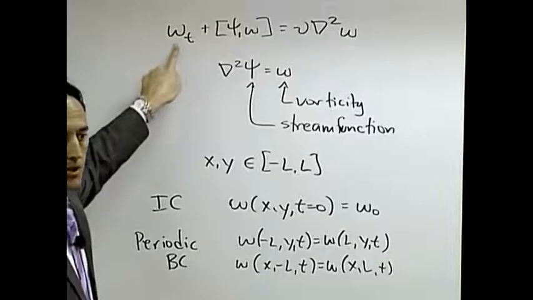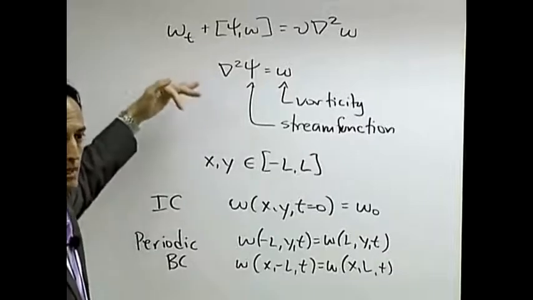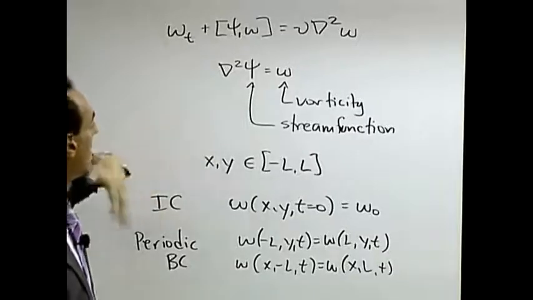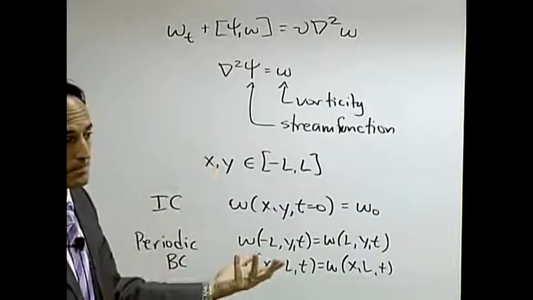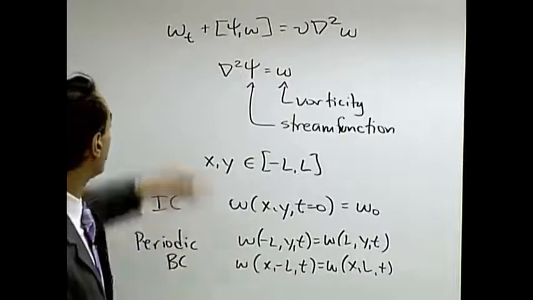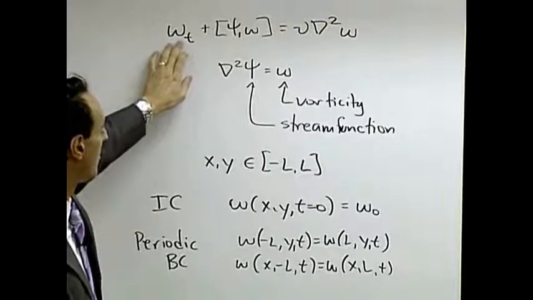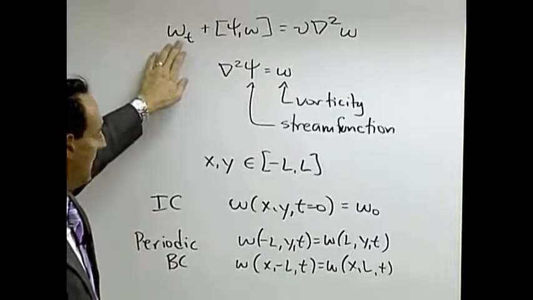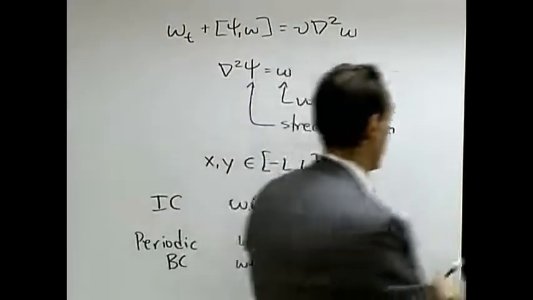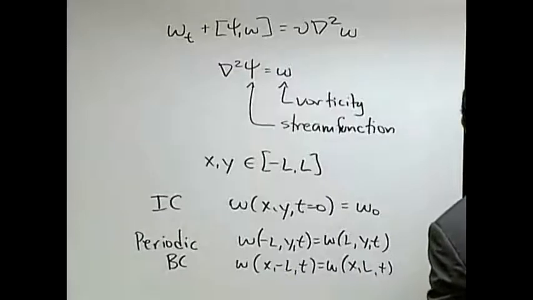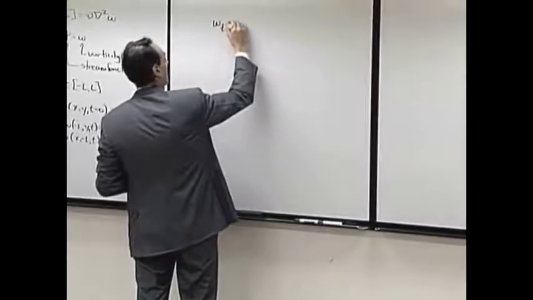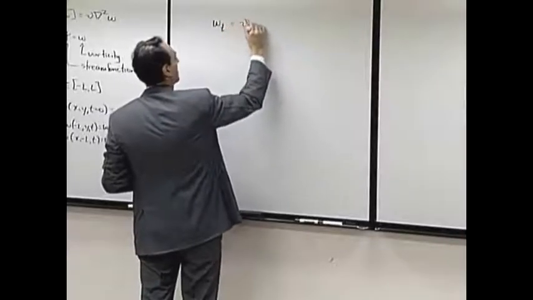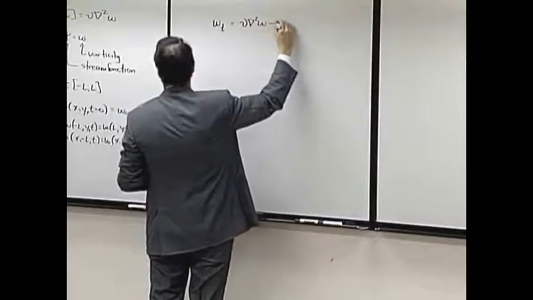Omega t. So this is our vorticity as a function of time. What I want to do is march forward in time. That's no big deal. I can think about this in the following way: I have omega t. The simplest way to think about this is if I take this quantity to the other side